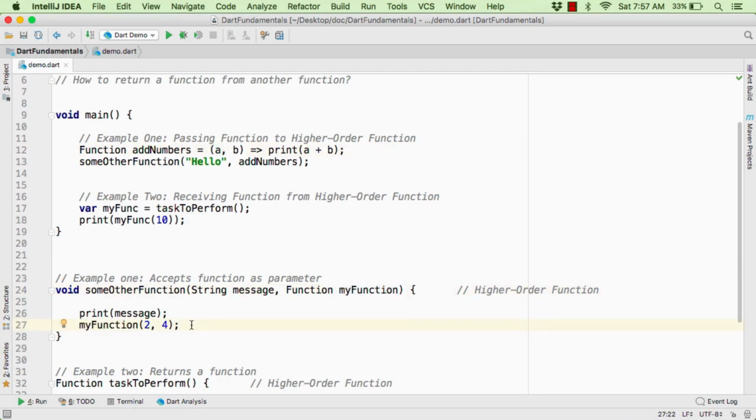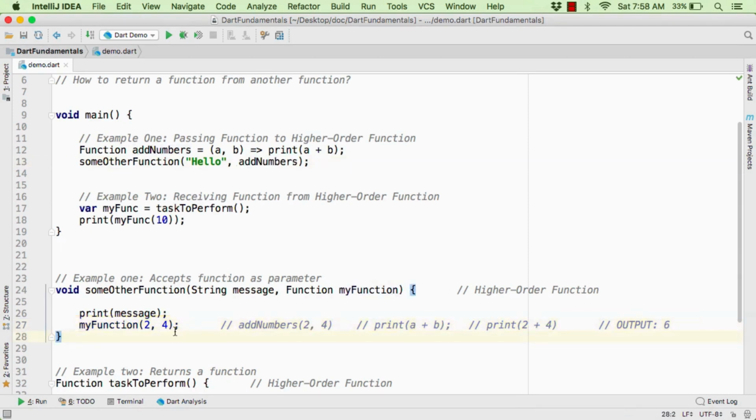So in the runtime you can interpret this statement as addNumbers that accepts 2, 4. Perfect. Now as a method body we have print a plus b. So here in the runtime it will be print a plus b, which means print 2 plus 4, which comes out to be the output of 6. Perfect. So using this you can now understand what happens in the runtime.